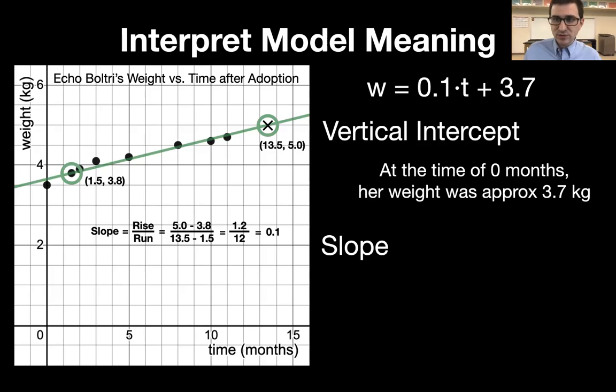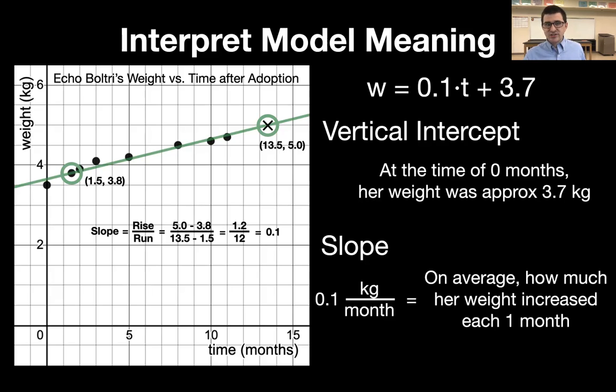And now slope is where things get a little bit more interesting, because the slope is 0.1. And one of the things that we can often do to try to figure out the meaning of the slope is to look at the units of the slope. So we said rise over run, that's going to be kilograms divided by months. 0.1 kilograms per month. So another way to think about that is 0.1 kilograms per 1 month, which gets us thinking that maybe the meaning of the slope is,